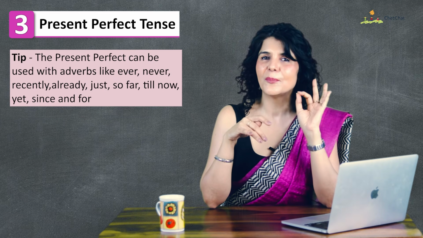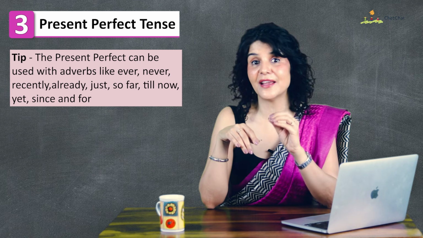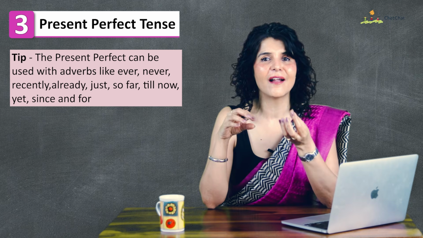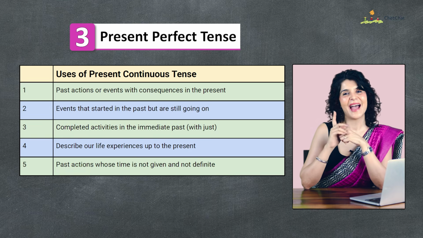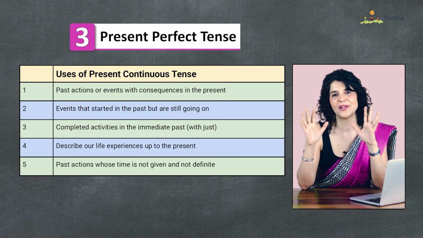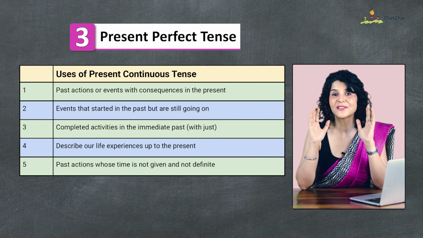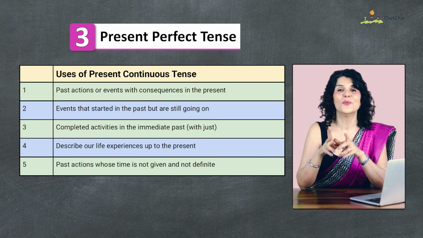Here's the tip. The present perfect can be used with adverbs like ever, never, recently, already, just, so far, till now, yet, since, and for. And here is a summary on the screen of all the 5 uses of the present perfect tense. Pause the video, take a screenshot before we move on to the next one, which is tense number 4,